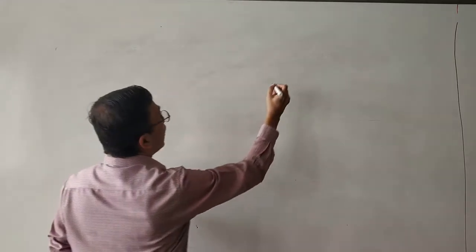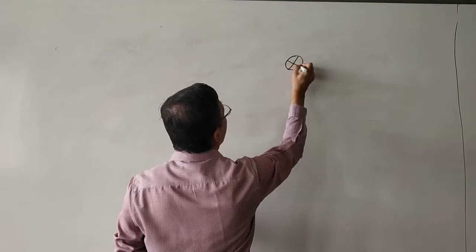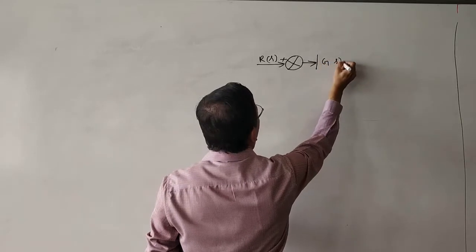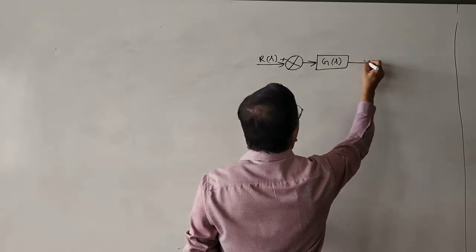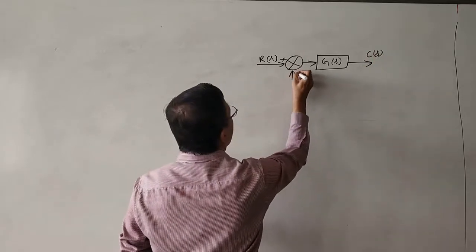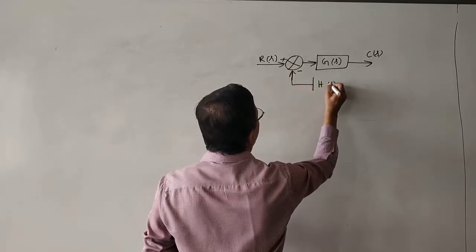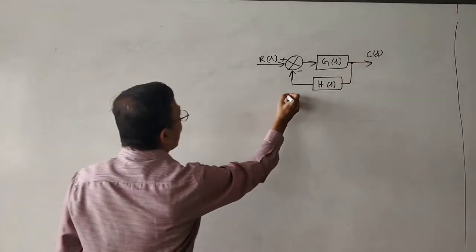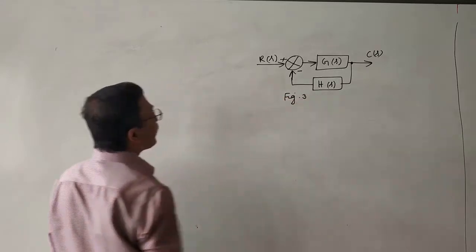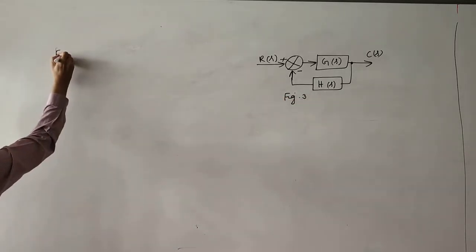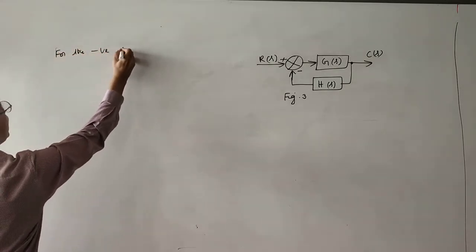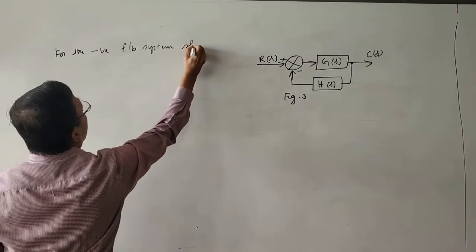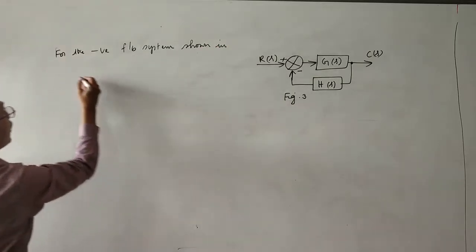So I will take a negative feedback system. Input is R of S. Forward path transfer function is G of S. Output is C of S. Feedback transfer function is H of S. This is figure number 3. For the negative feedback system shown in figure 3,